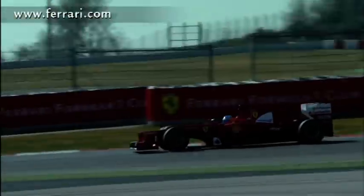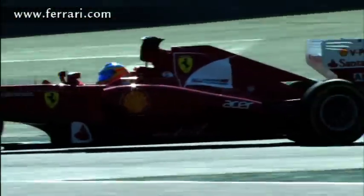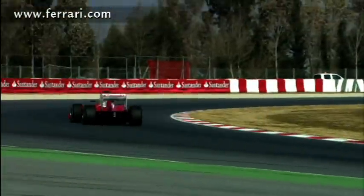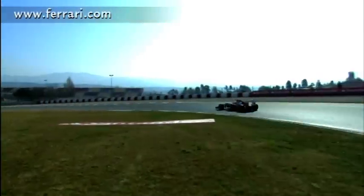A lot of work has been done on the exhaust. The layout used in Montreal was similar to the one presented in Jerez at the first test. This means that that idea, that concept wasn't completely wrong, isn't it? Yes, I would say that the Montreal configuration is a sort of cousin of the one we had used in Jerez. In Jerez, though, we had a probably more complicated system that we found all sorts of problems with